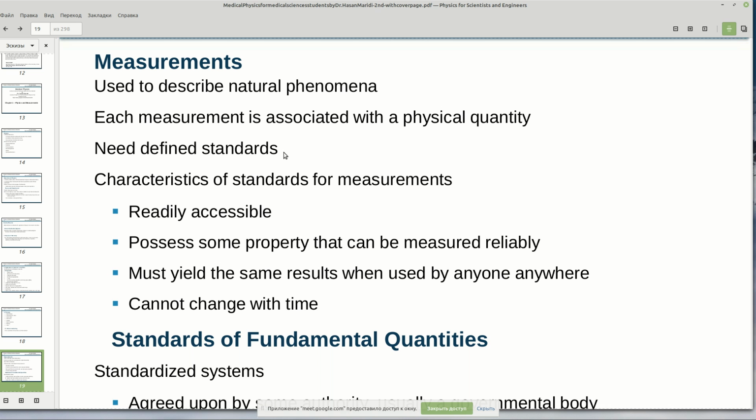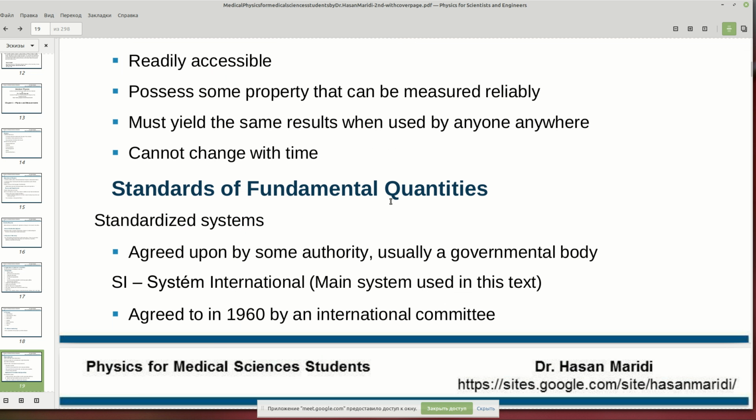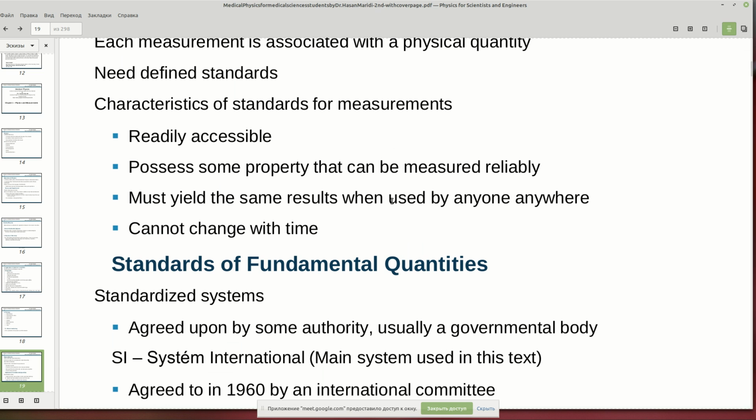Each measurement is associated with a physical quantity. We need defined standards, actually, to measure something, and we need characteristics of standards for the measurements. Really accessible, possess some property that can be measured reliably, must yield the same result when used by anyone anywhere. It cannot change with time. Yes, some standards of fundamental quantities,